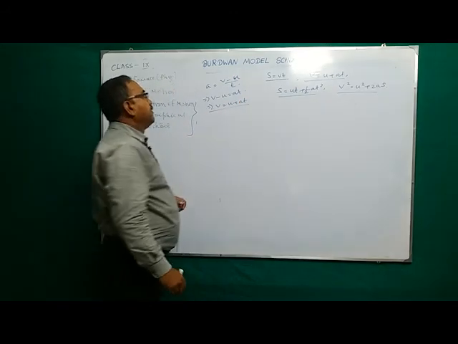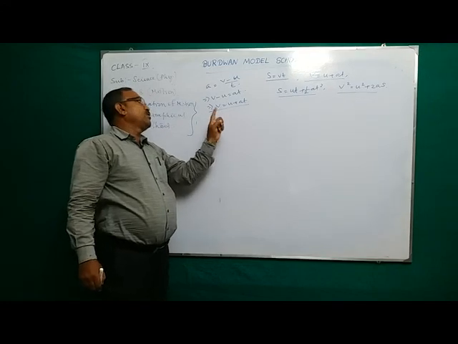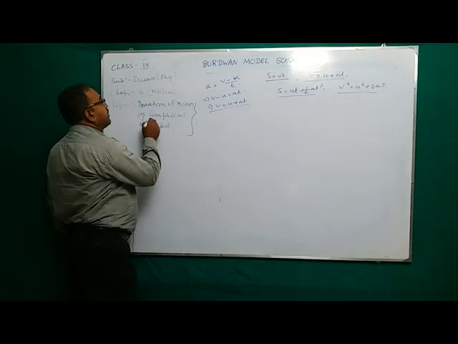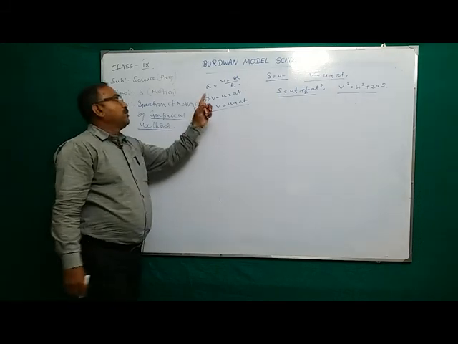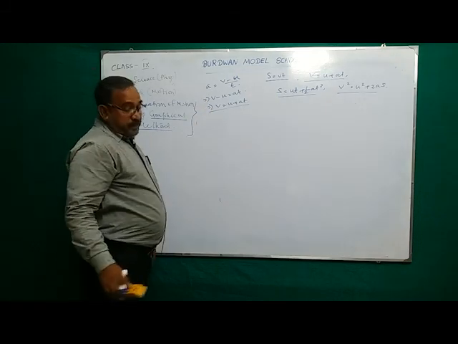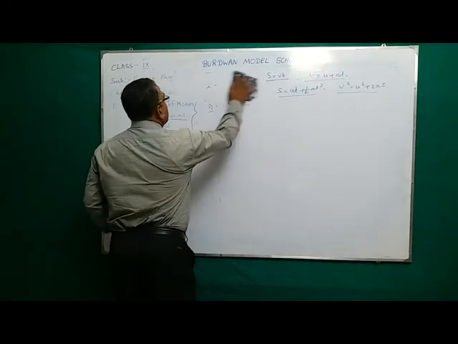This method is also correct, but according to your syllabus, this is the graphical method. You cannot prove it with the help of mathematics. So, with the help of the graph,